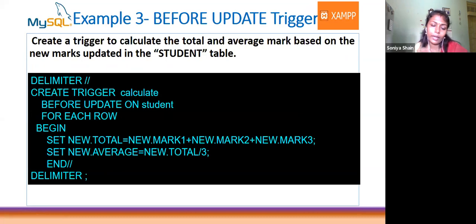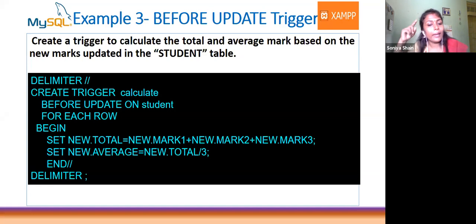For example, mark updation can happen. If a student attended, the mark can be modified. So changes and corrections will be there. So we can update the mark. When the mark is updating, the total and average have to be updated also. For example, earlier you got 90, 90, 90.